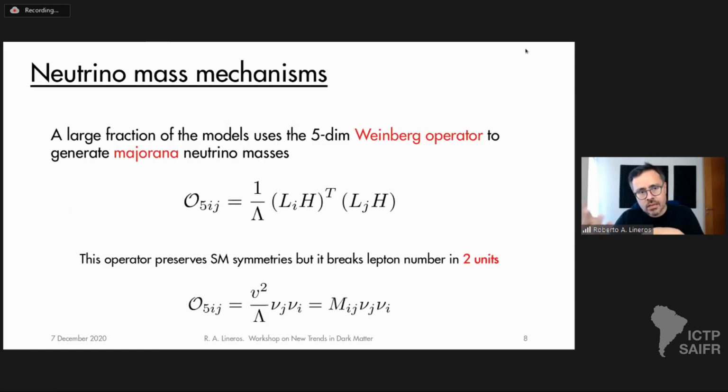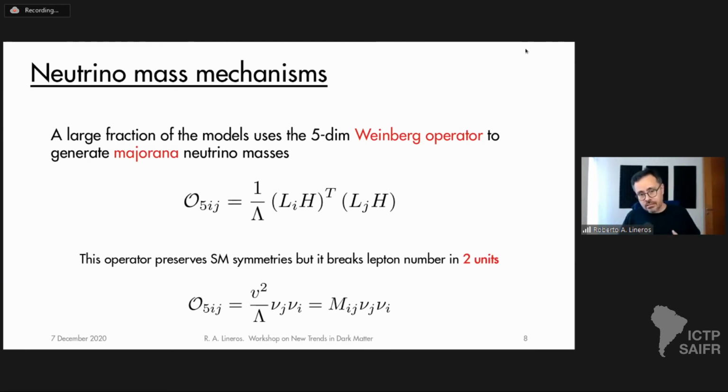In that sense, the easiest way to produce massive neutrinos in the standard model is via the Weinberg operator, which is just a construction that is gauge invariant, so it preserves all the gauge symmetries of the standard model. But the problem is that it generates a dimension 5 operator that is not renormalizable, so it could potentially introduce other problems in the model itself. You can add it to the standard model and you don't have to worry about the neutrino masses, but the non-renormalizability of the model is going to spoil everything.